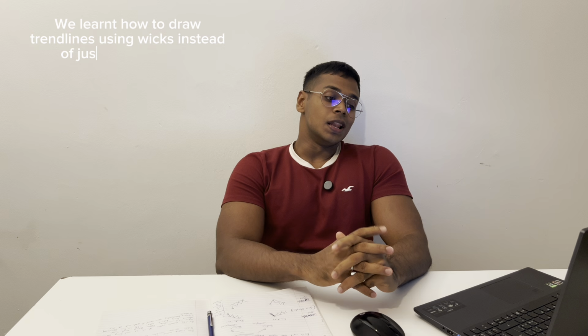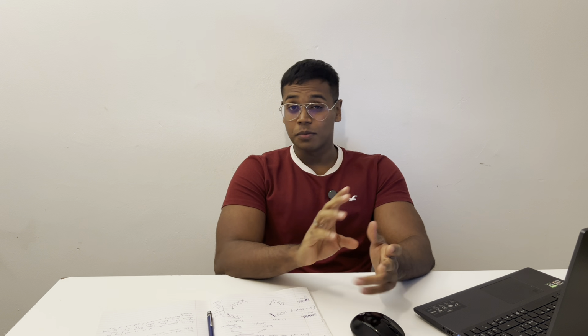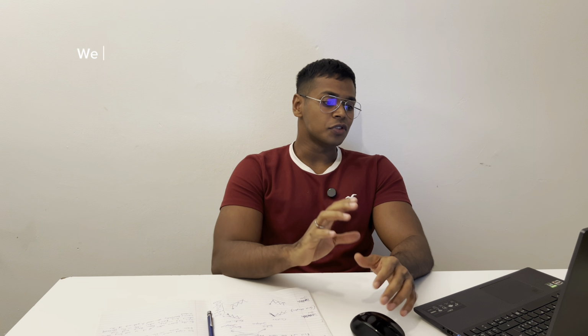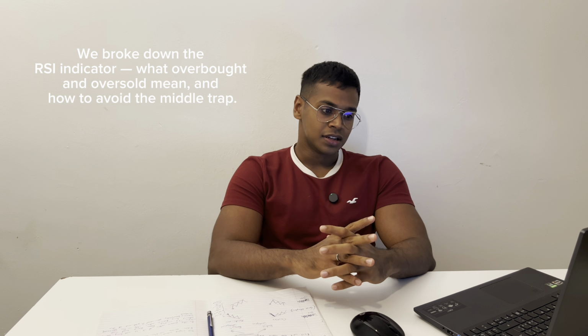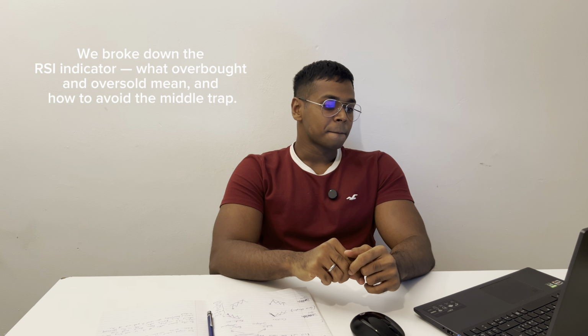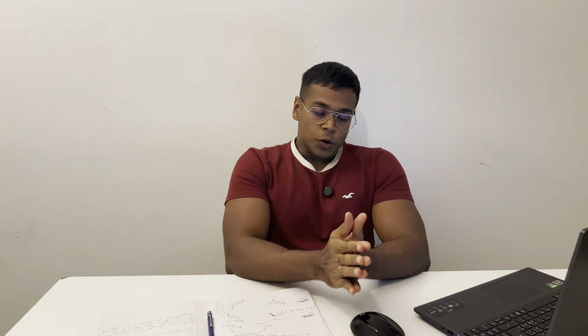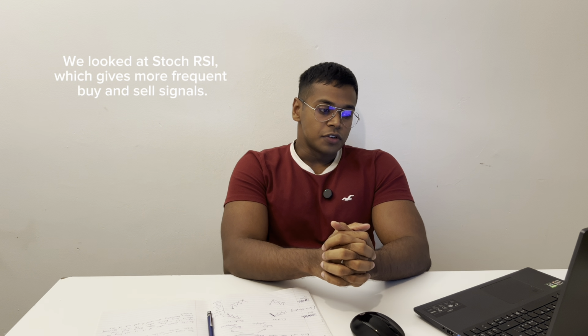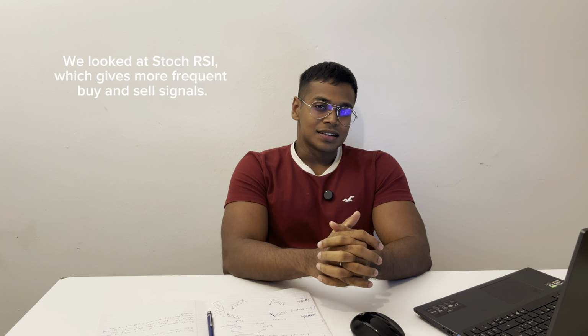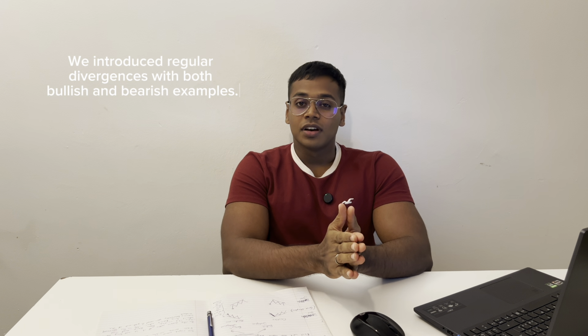So let's recap day 3. We learned how to draw trend lines using the wicks instead of the bodies, and we broke down the RSI indicator, what overbought means and what oversold means, and how to avoid the middle trap. We looked at Stoch RSI, which gives you more frequent buy and sell signals, which you have to be extremely careful of. And we introduced regular divergences,